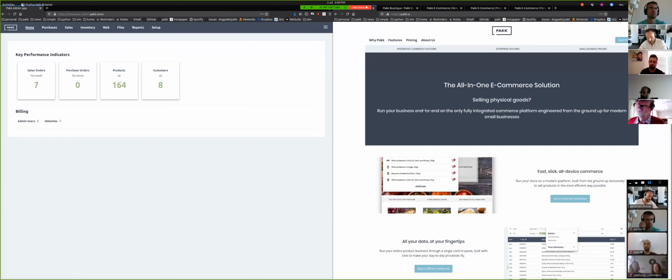So it's got huge amounts of functionality, even way more than Pakk has. Stuff to do with payroll and all these different things that different companies need to do that aren't just companies that are selling physical product. So we're very specific. Our Pakk customers will be small businesses that are selling physical products, and it works best